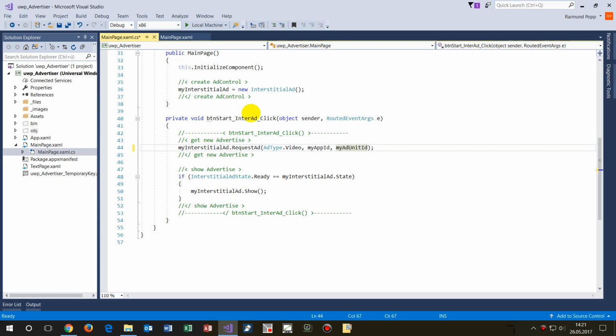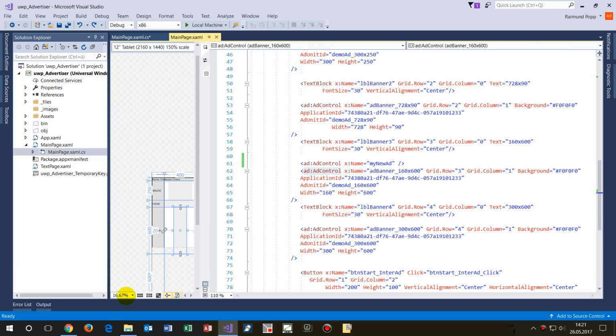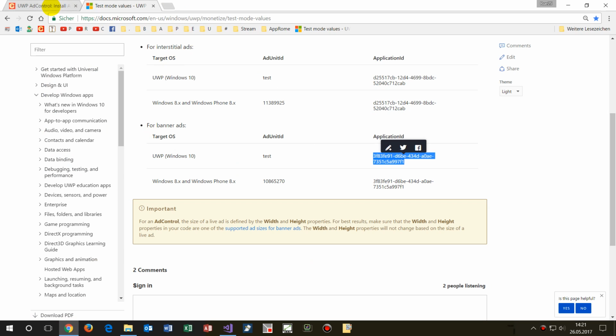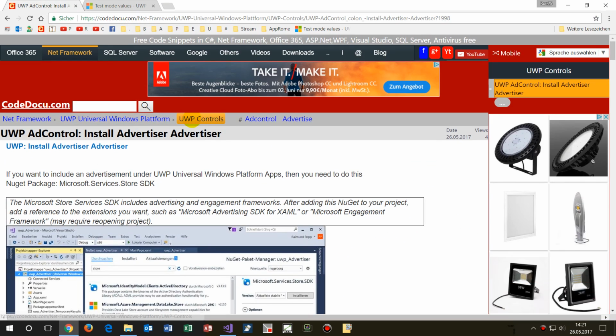So that's the point why I had this block in here, and there's no real XAML control in that point. You do all that stuff at runtime, and normally you take it in the midst of a video or something like this. So that's it, and I've written all my documentation here at code documentation,